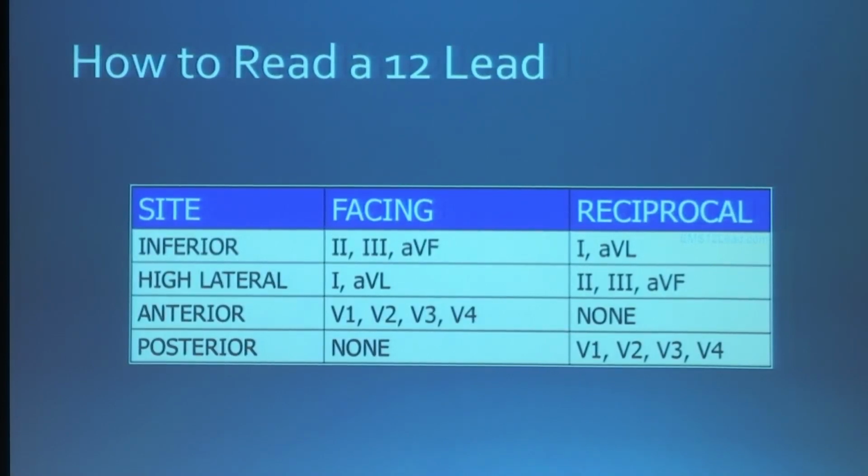Now, there was a nice session before this in Vancouver Fire. You guys should start being aware of the sessions that Vancouver Fire has before this. They did a nice anatomical presentation on where your leads tell you the MI is. But we don't have the time to go into that right now,